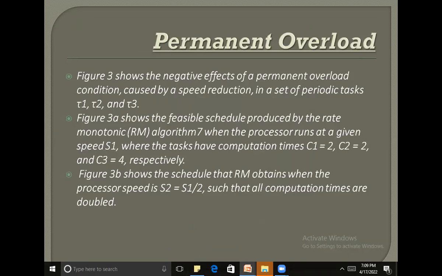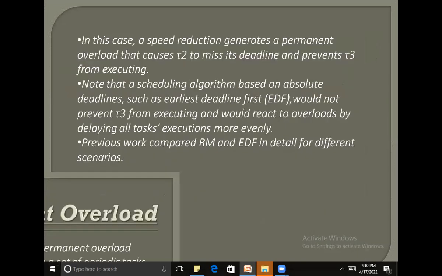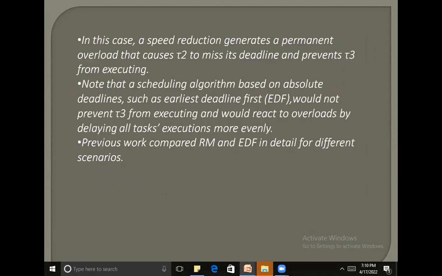Figure 3a shows the feasible schedule produced by the rate monotonic (RM) algorithm when the processor runs at a given speed S1, where the tasks have computation times C1 equal to 2, C2 equal to 2, and C3 equal to 4 respectively. Figure 3b shows the schedule that RM obtains when the processor speed is S2 equal to S1 divided by 2, such that all computation times are doubled. In this case, a speed reduction generates a permanent overload that causes task T2 to miss its deadline